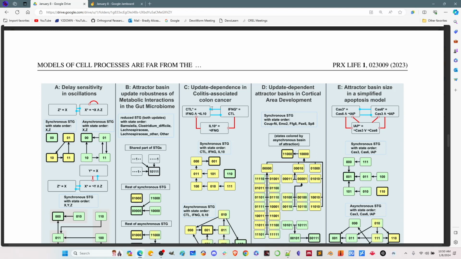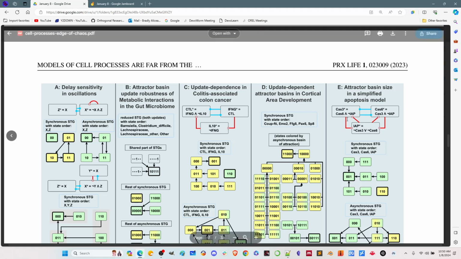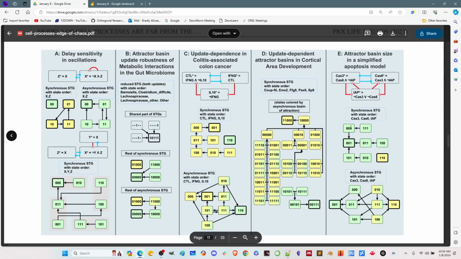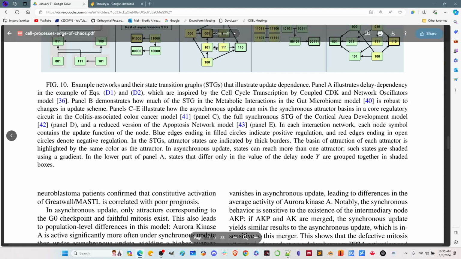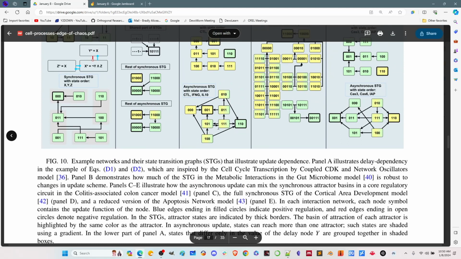These blue edges of circles are positive regulation. These red edges with open circles represent negative regulation. And the same holds true for E as well. In asynchronous updates, states can reach more than one attractor. So such states are shaded using a gradient, and that's why we have these gradients in these two examples,